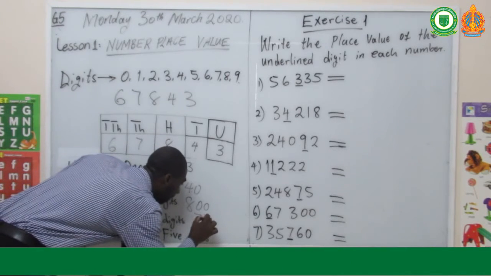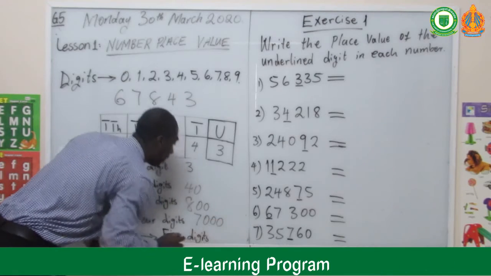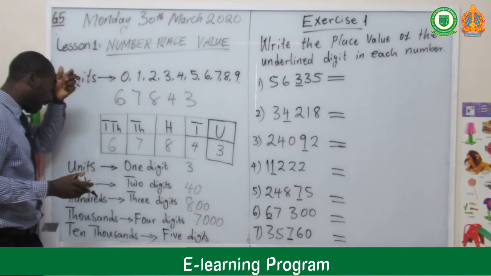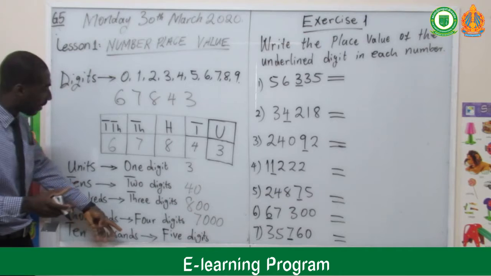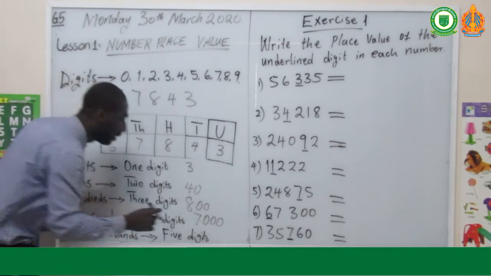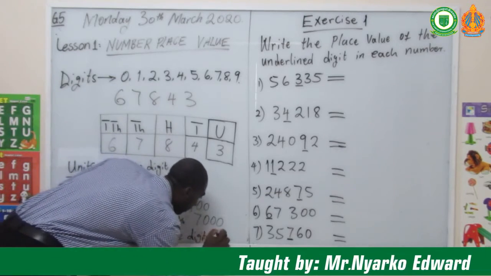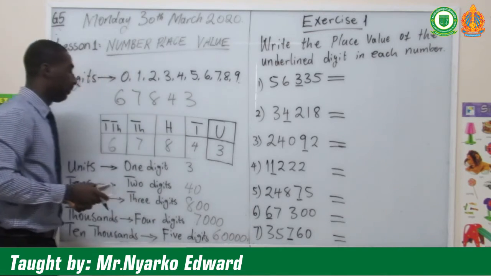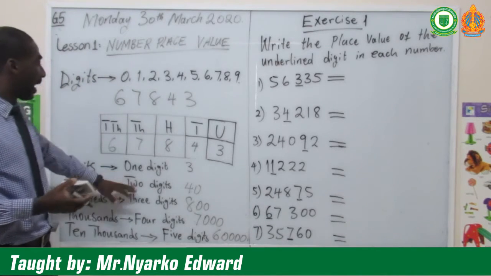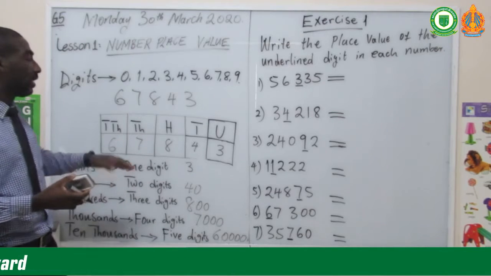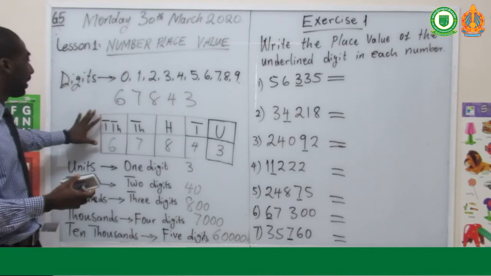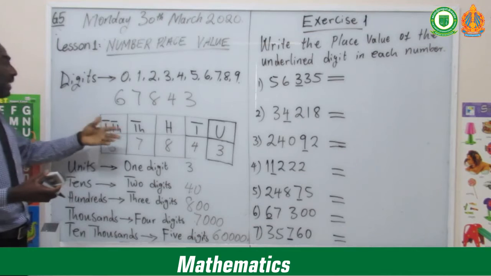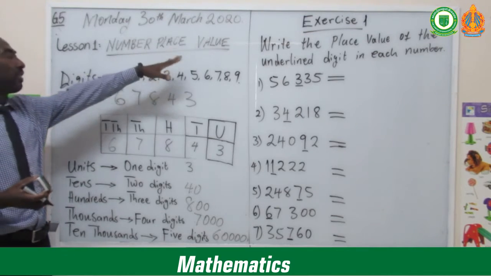So it becomes 4 digits. Your 6 is in the 10,000, and it becomes 5 digits. So we have 6, 4. So this is how you can identify your numbers by using this format to identify the number place value